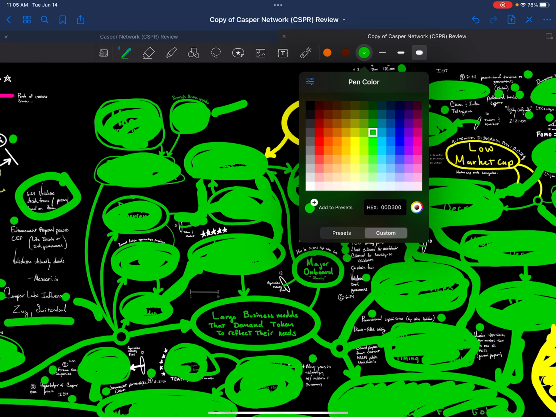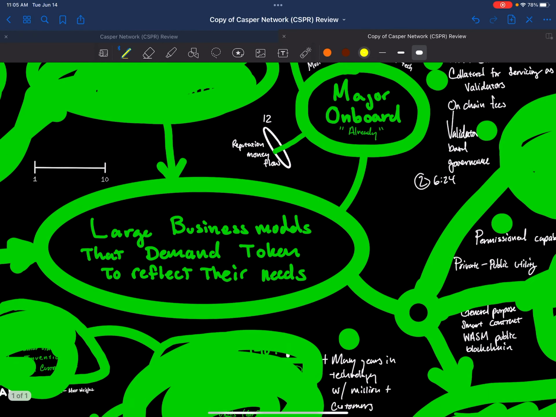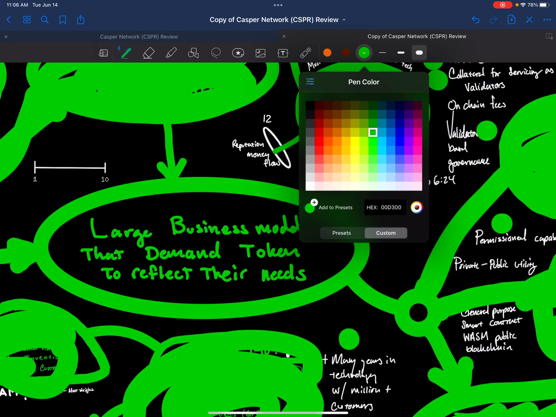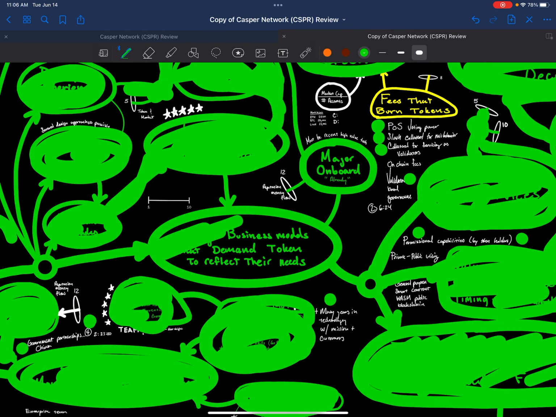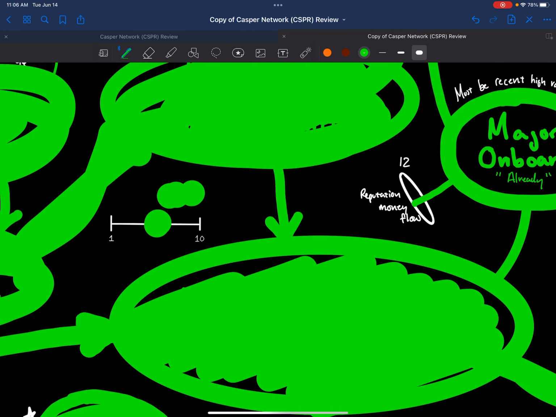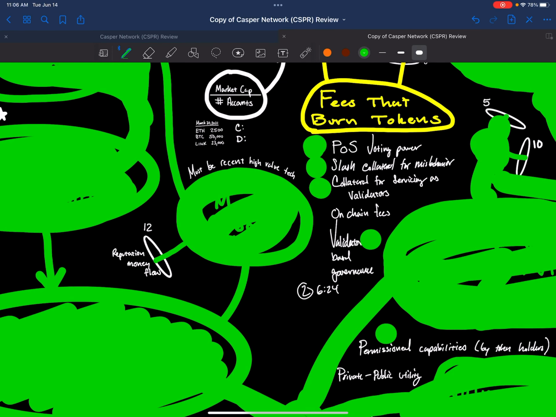It is not a first mover. That is one of the more negative things. Large business models that demand the token. I think that could be a potentiality because proof of stake, they might want influence over the protocol, especially if you have large business models on it. So I think that is somewhere a little bit more in the unbiased section. So yeah, I do expect large business models to create demand for this token if they onboard big significant entities because they will want influence over the protocol. And major onboards with China news.